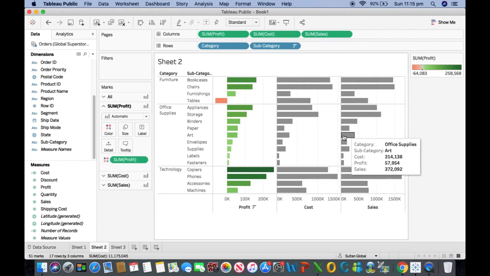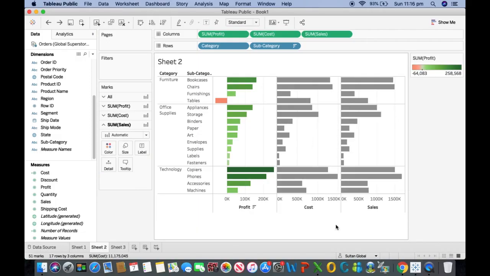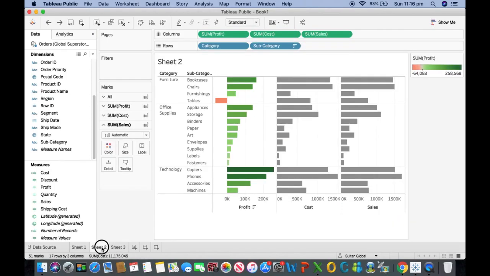We don't want to confuse this color coding with other colors, so that's why Tableau has automatically turned these ones into gray. But you can change the color coding if you want to for these ones as well. So I think on this chart we can add discount as well, because from this visualization we have found out that discounting is a big contributing factor here for the losses that the table subcategory is making. So we would like to have discount here so that the management can have a better view of what's going on in that area. So we'll remove cost